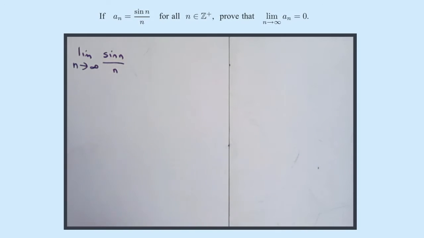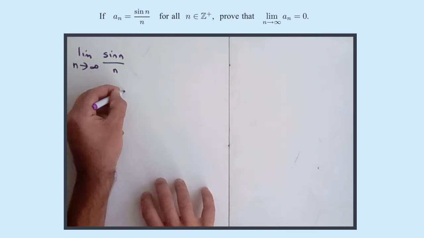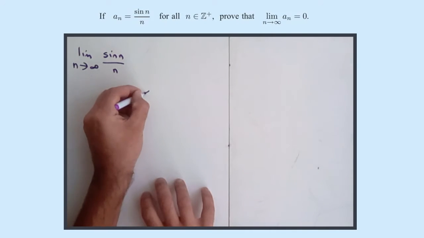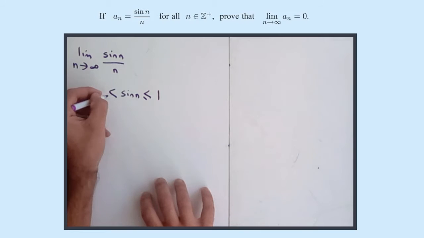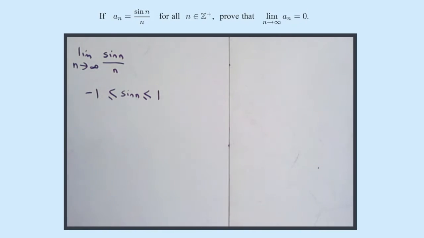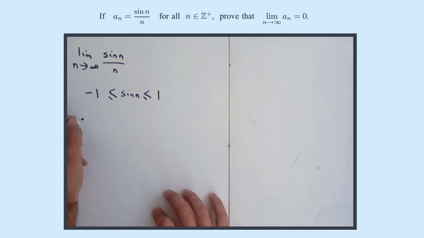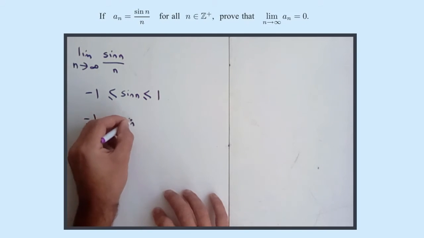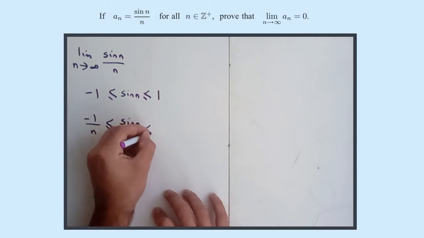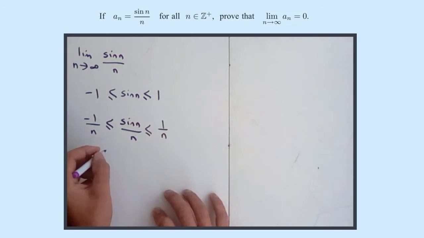So one thing we do know about sine n, as I've just said, is it has a maximum value of 1 and a minimum value of minus 1. So it's bounded for all n, between that upper and lower bound, minus 1 and 1. Okay, so we can just divide everything by n. Now we know that n is positive, so when we divide by n, it's not going to flip the inequality, right? So minus 1 over n is less than or equal to sine n over n, which is less than or equal to 1 over n